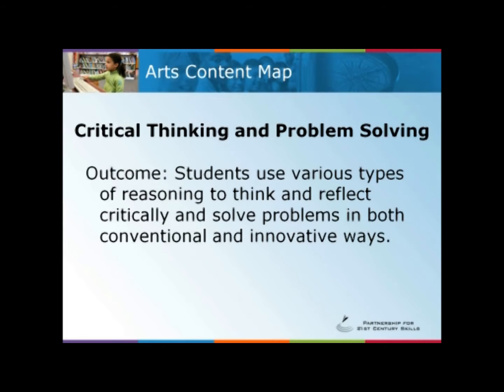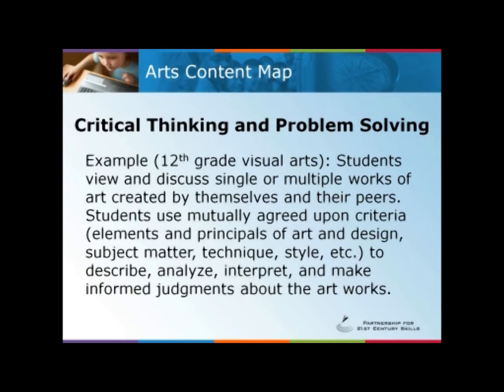So let's get down to some details here. For critical thinking and problem solving, the outcome that we define for this is that students use various types of reasoning to think and reflect critically and solve problems in both conventional and in innovative ways. Okay, that sounds reasonable enough. So what does that look like in the classroom? Well, here's an example that happens to be from 12th grade visual arts. Students view and discuss